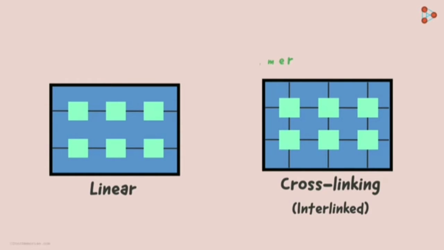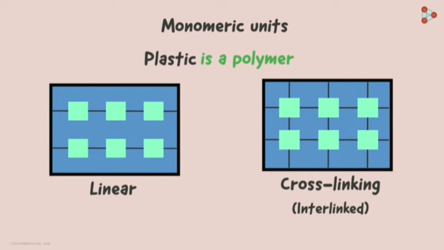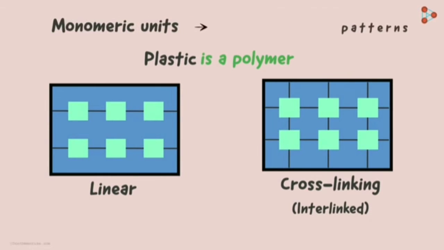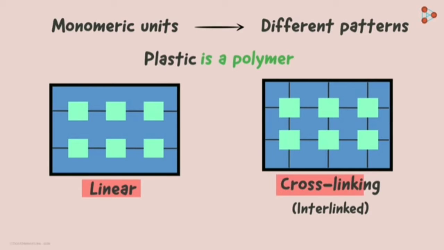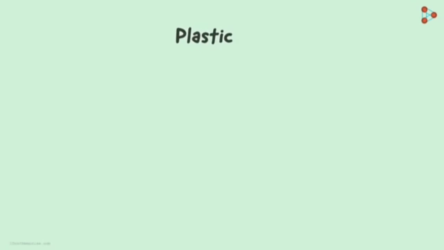We know that plastic is a polymer. Now the various monomeric units in the different plastics are arranged in different patterns. And what would these patterns be? Yes, they are either linearly arranged or they are arranged in a cross-linked manner. Not only the arrangement, but even the difference in monomeric units that make up the polymer is responsible for giving us the various forms. However, plastics are usually classified in 2 major categories.